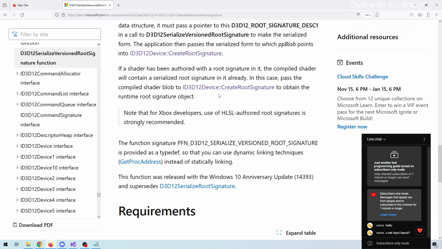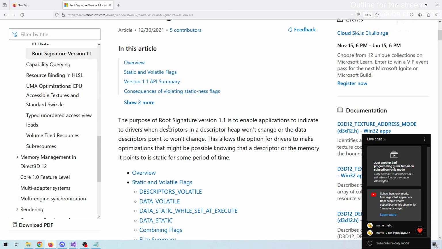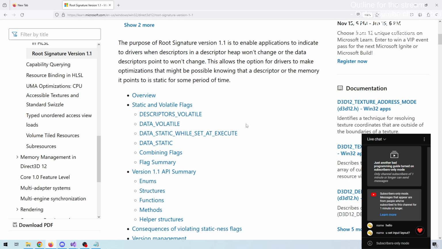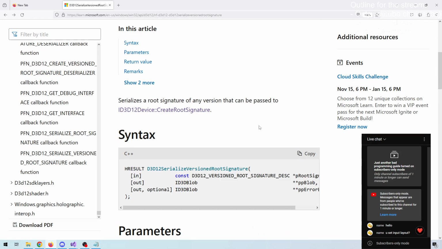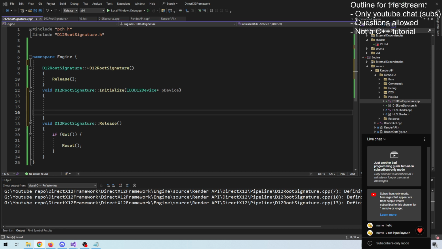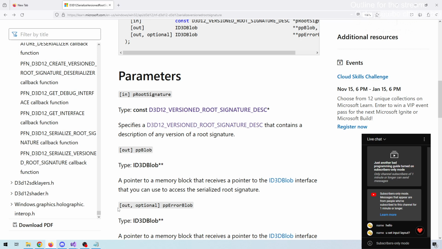Well, root signature version, blah, blah, blah. Okay, we can do more elaborate instructions in terms of descriptor heaps. We won't be bothering with that, so we will just use our old root signature. That will probably be fine. In any case, we want to, let's see,